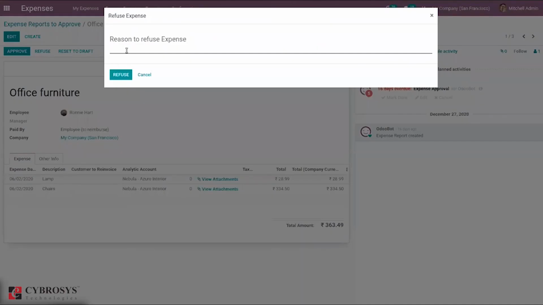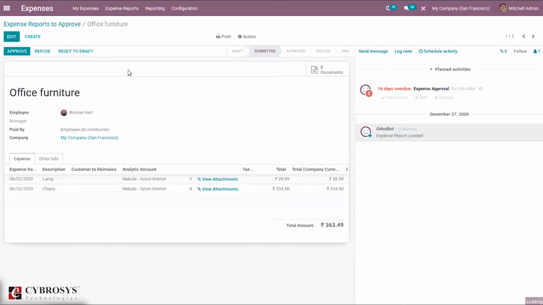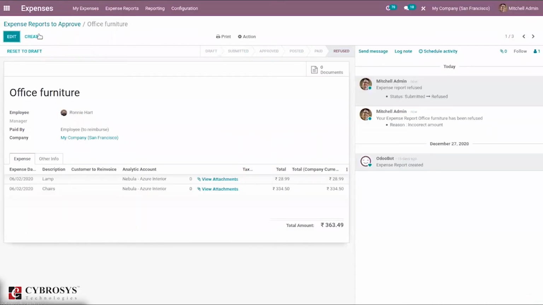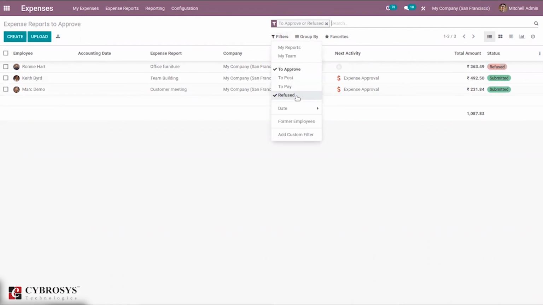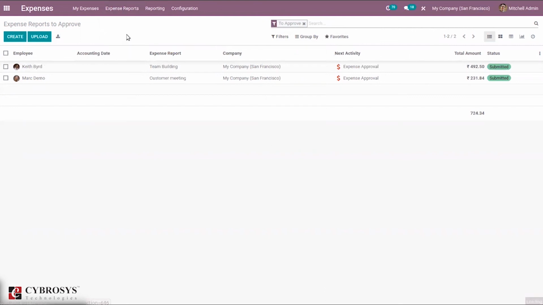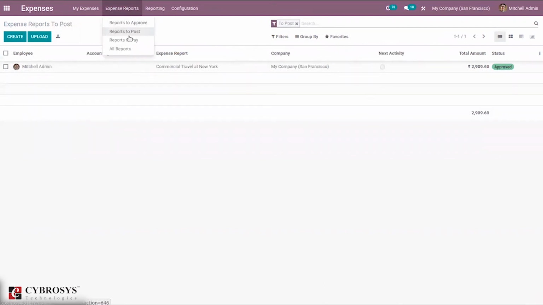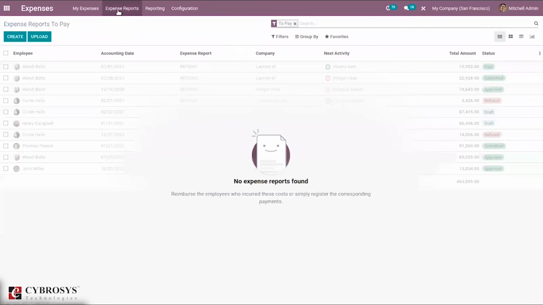So you can add refuse reason. So you can see it is moved to refuse. So when you filter it according to refused, you can see the refused one here. Okay. Then we can see reports to post, reports to pay, then all reports.